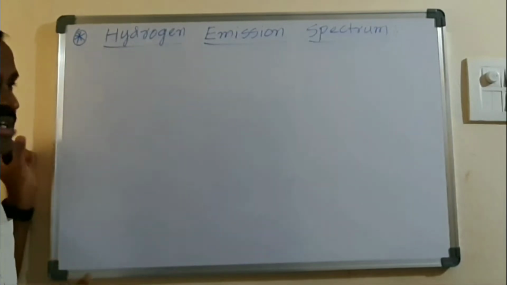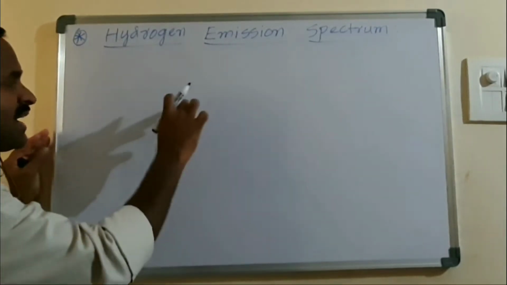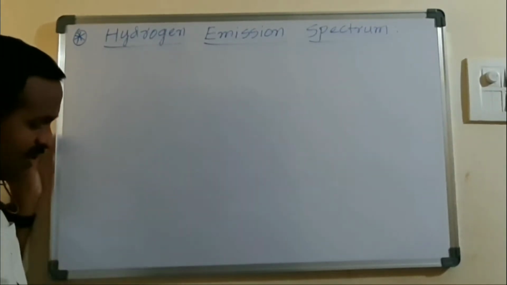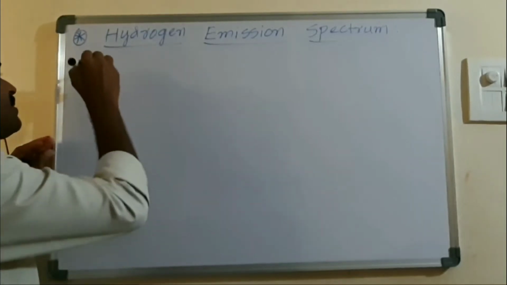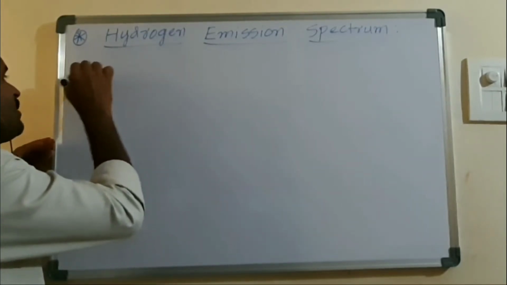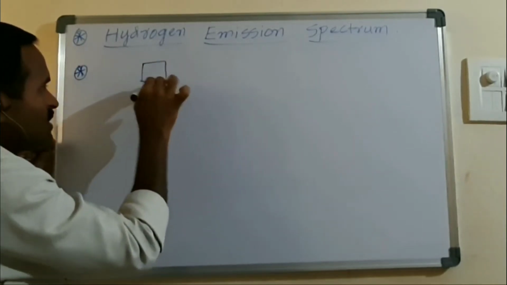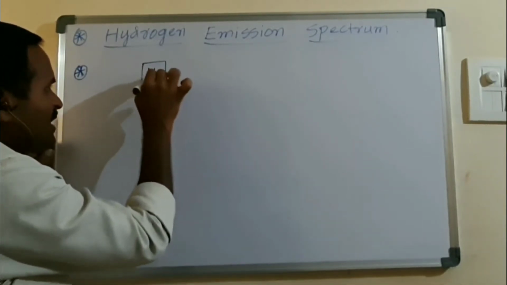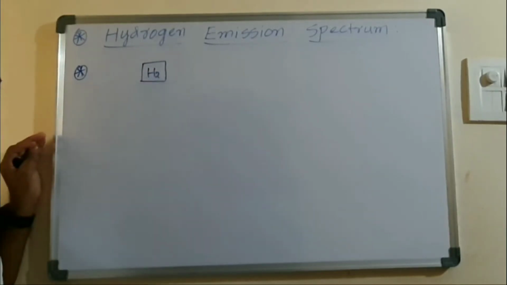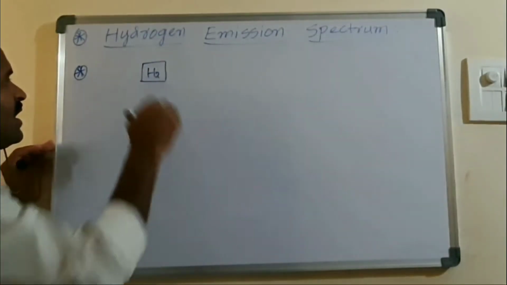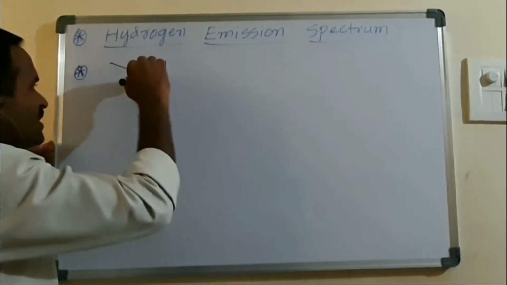Hydrogen spectrum is an emission spectrum, an emission line spectrum. How is this hydrogen emission line spectrum going to be formed? Suppose I am taking hydrogen gas here. This hydrogen gas is maintained under a low pressure condition, and some electric discharge or some light